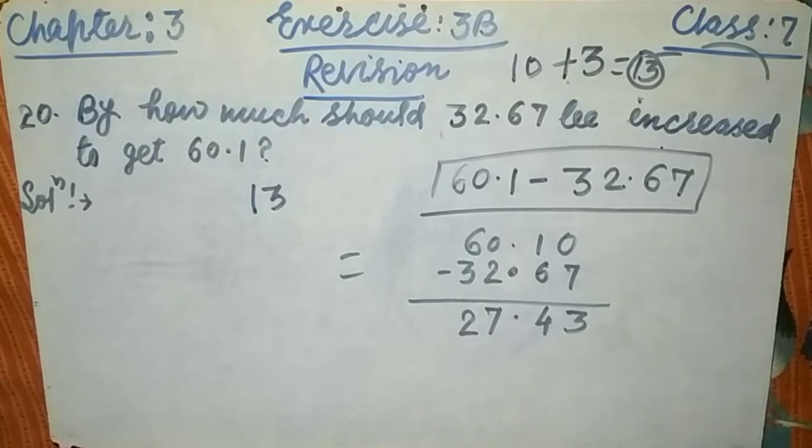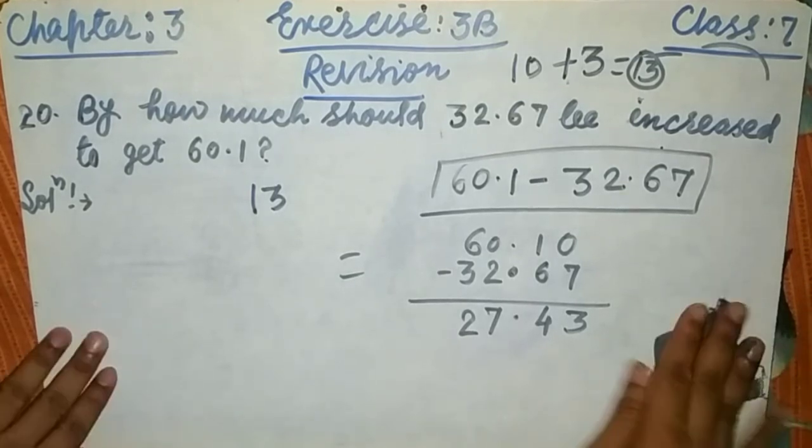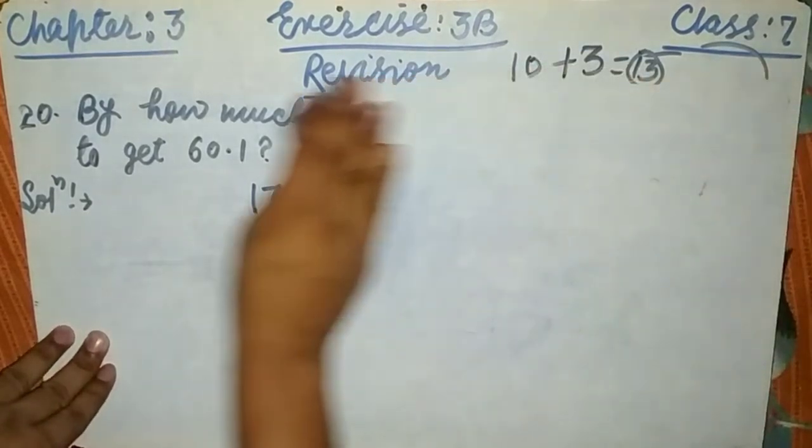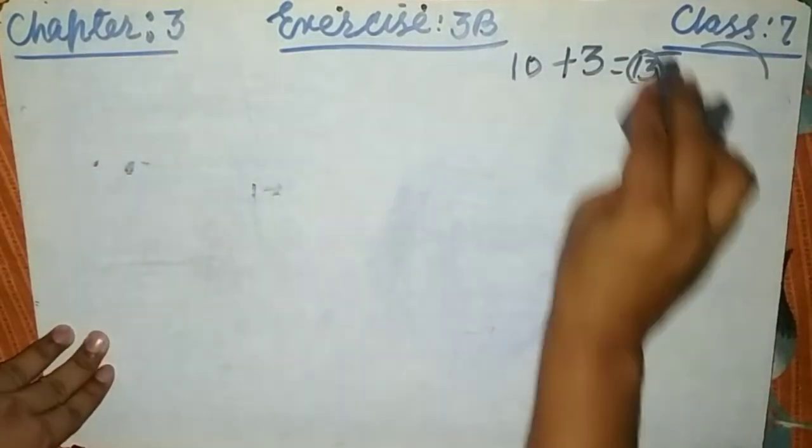Question number 20, test paper, sorry, 3B, question number 27.4. These are very simple questions. We only have to create the concept. You make the concept and solve the sums. There is no problem at all. Okay. Similar questions. Question number 19 is only decrease, okay. I hope you can do it very easily. Okay. Now, one more question is here, 22. I hope you can easily solve statement type questions.